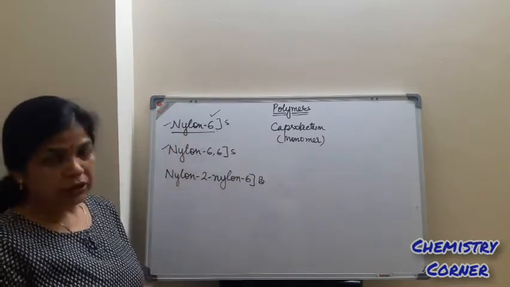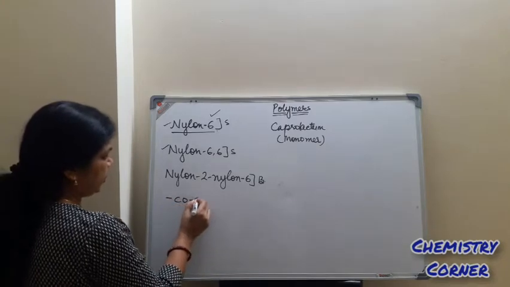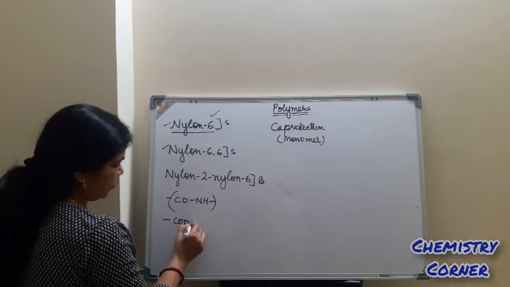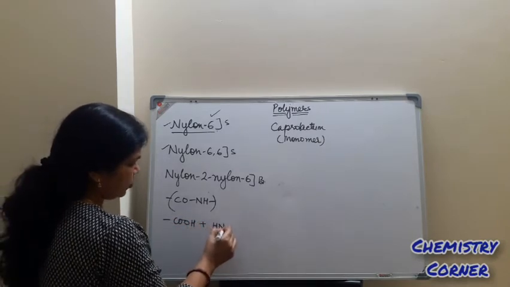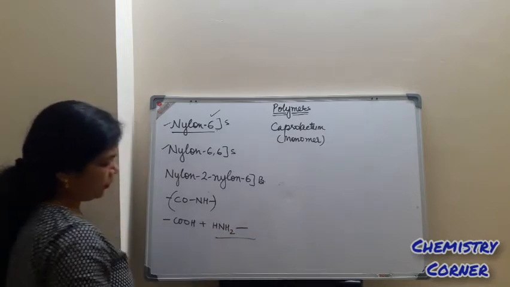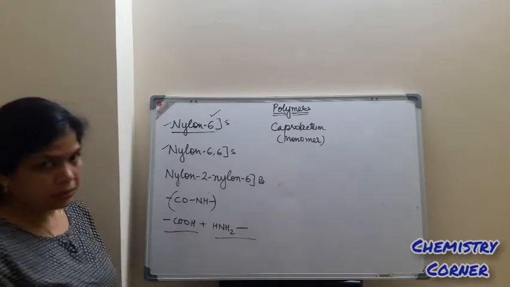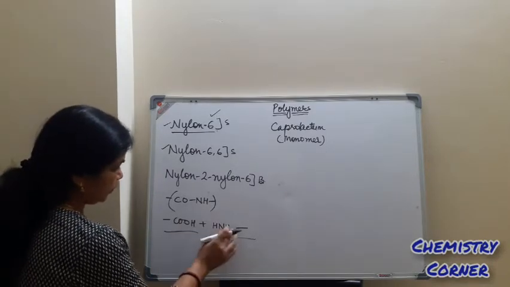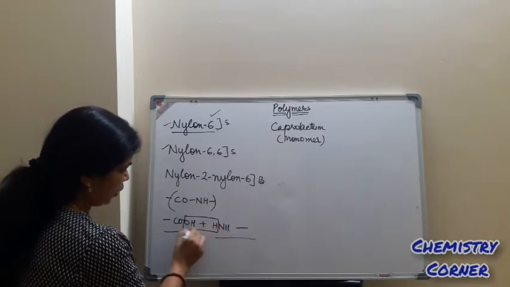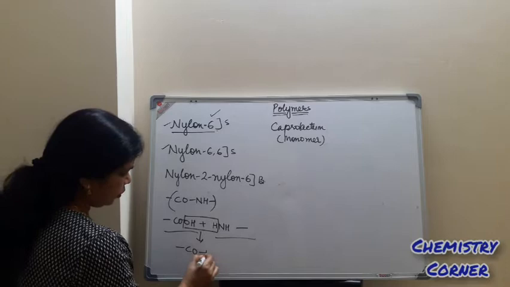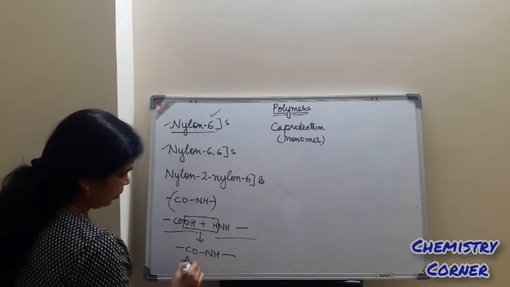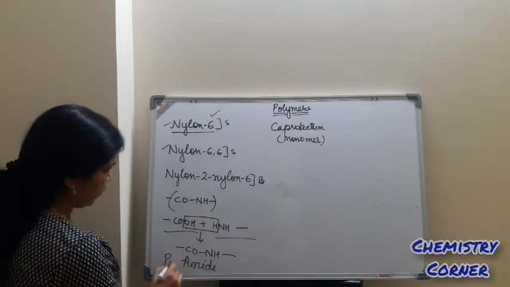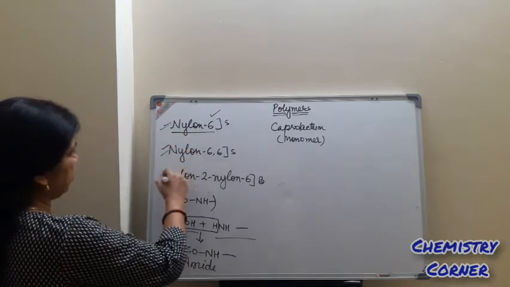And nylon is telling you that it is made up of amide functional group. Amide functional group is formed by the reaction of carboxylic acid and NH2 group. Means one monomer will be having NH2 group and one monomer will be having carboxylic group. So these two will be reacting. Then after the elimination of water, it will form CONH, which is called as amide. So when more number of amides are there, then this derivative is called as polyamide. So these all nylon are made up of polyamide.